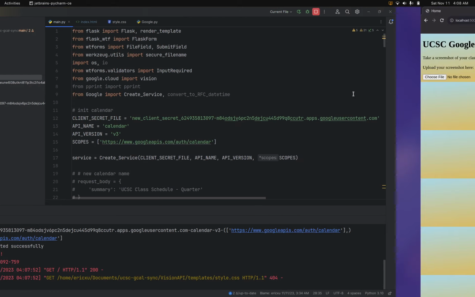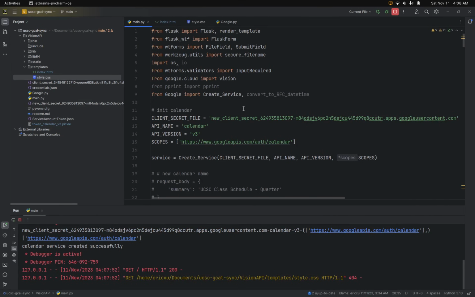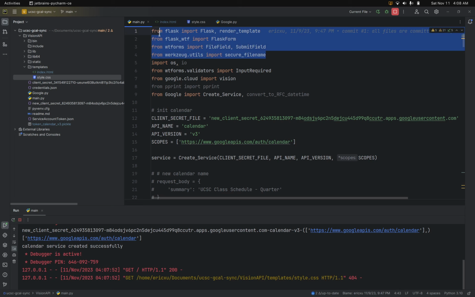Alright, so the objective of our project is to take a screenshot of your schedule in my.ucsc.edu, and then from there automatically import the schedule into your Google Calendar. So how we're going to do this is we need to first render a web page that allows you to upload a file. To do this, we used Flask, and we imported Flask and